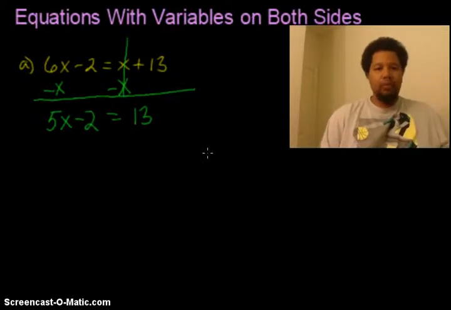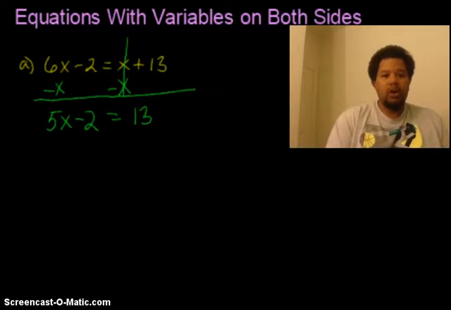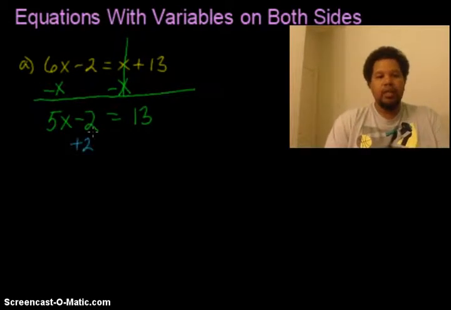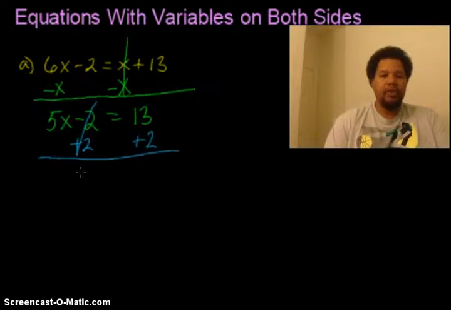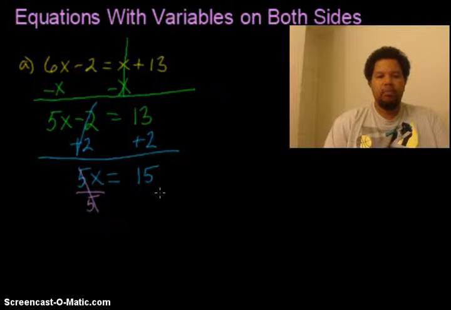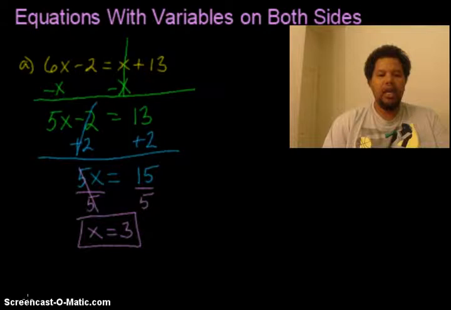So there, we end up with a regular two-step equation which we can solve normally by adding 2 to both sides, because I want to cancel out this 2 as we start to isolate that single variable x. So we get 5x equals 15, and then finally divide both sides by 5 to get our x by itself, and divide the 15 by 5 to get 3. It's still the same strategy, the same technique of using inverse operations, but first things first, we're trying to get all our x values onto one side. And it doesn't matter if it's the left side or the right side,